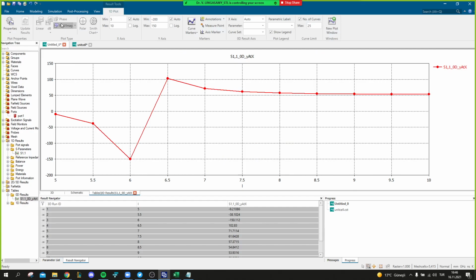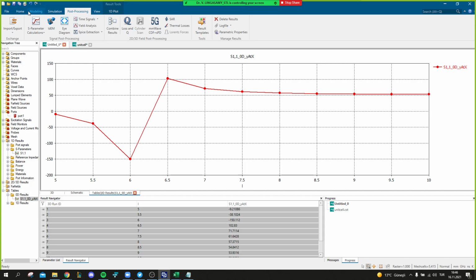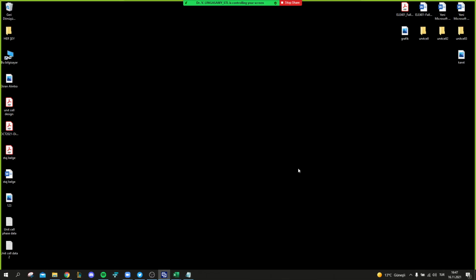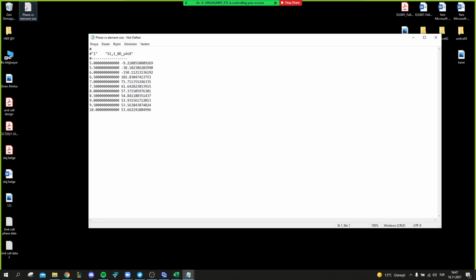I don't know. Maybe what you can do is export ASCII data, phase versus element size. Here. Yeah, got it.